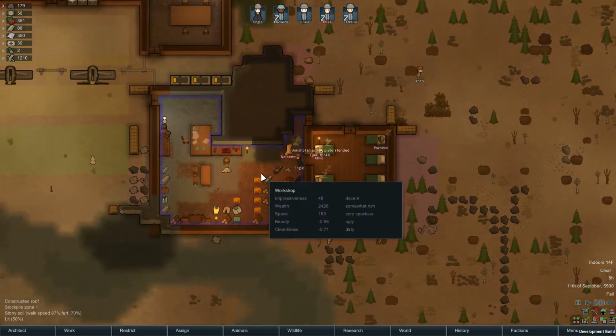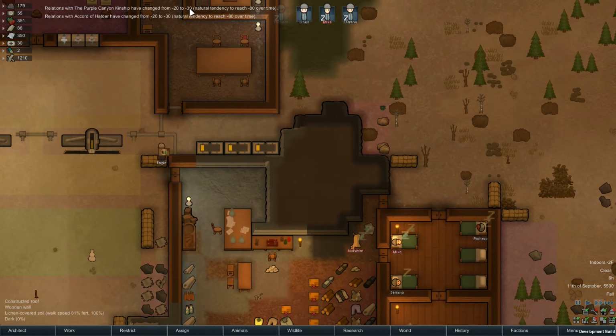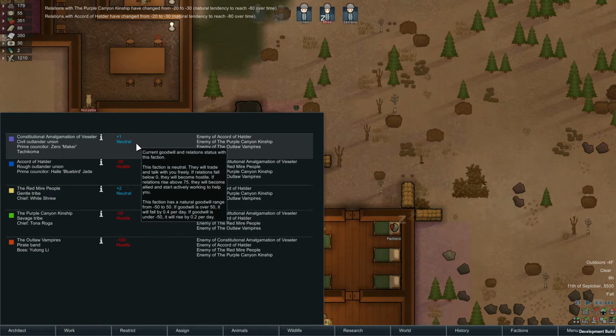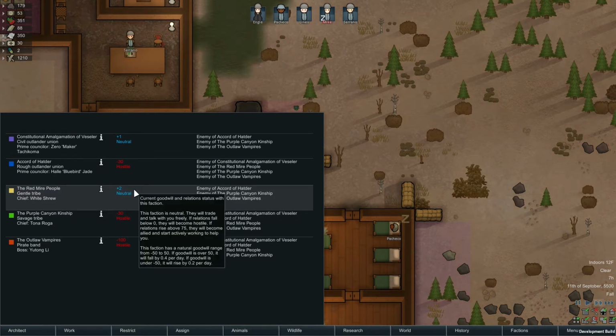Now, the idea is for this big room to become our stockpile. We have our relationships just naturally decaying, as expected. They were already hostile, so no big change. Even someone like the Red Mire, who are neutral, I believe can go into the negatives without becoming hostile, or... I'm not sure how that works. Maybe they are going to naturally...